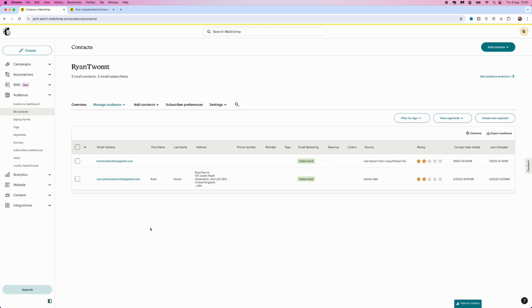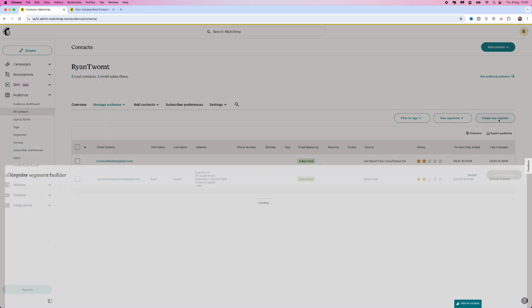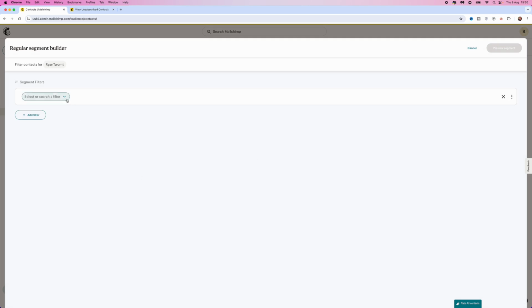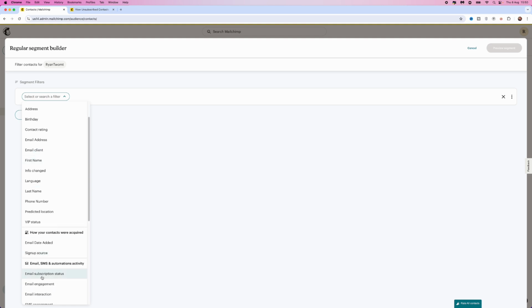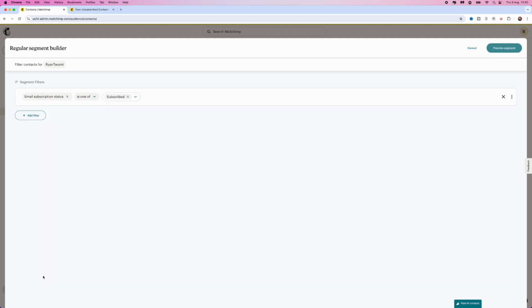Now what we need to do first of all is we need to come over to the right hand side, click on Create a New Segment. Now from here what you want to do is click on the drop down menu for Select or Search a Filter. And then you want to scroll down and then click on Email Subscription Status. Once you do this, as you can see, this option right here will need to be selected on Is